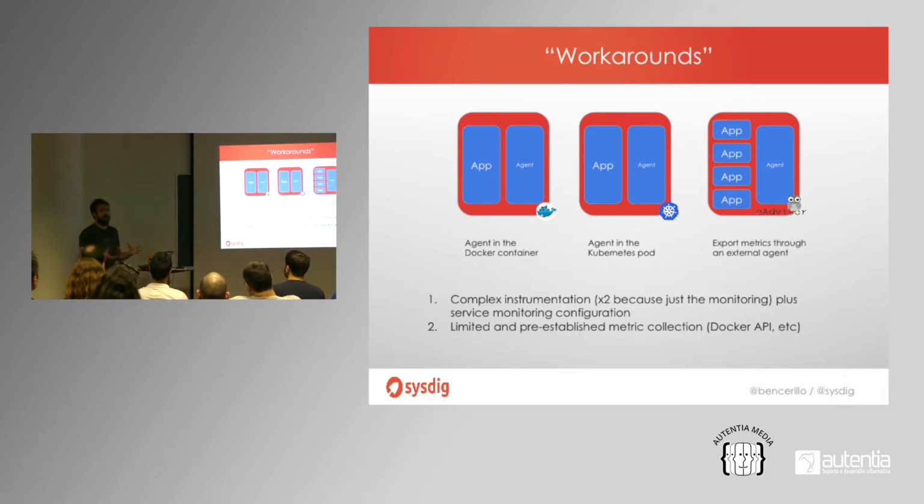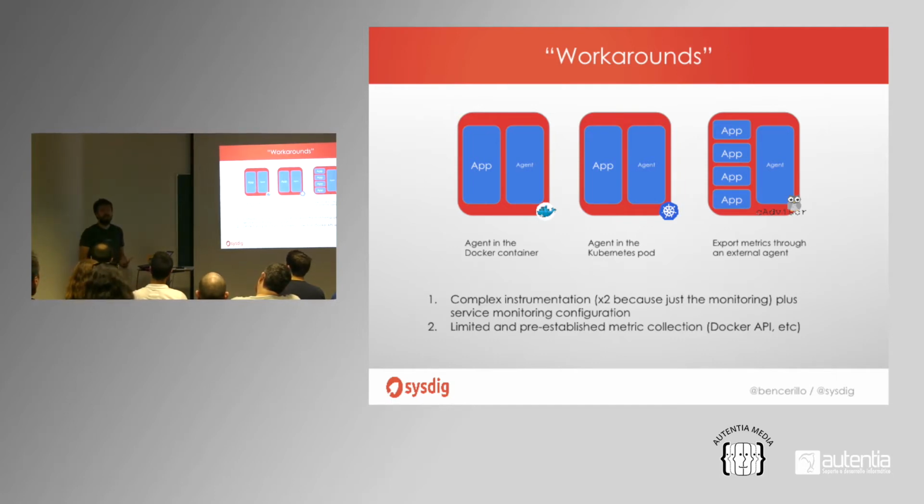Okay, so I'm not breaking those Docker principles, but I still have the problem of complexity in instrumentation and double things that can break. Third iteration, some people thought, what if Docker exposed some metrics through the Docker API? I could collect those metrics from an agent installed in each of my computing nodes, and I could export those metrics into my monitoring system. I'm solving the problem of not going along with the Docker principles, and I'm solving the problem of complex instrumentation.